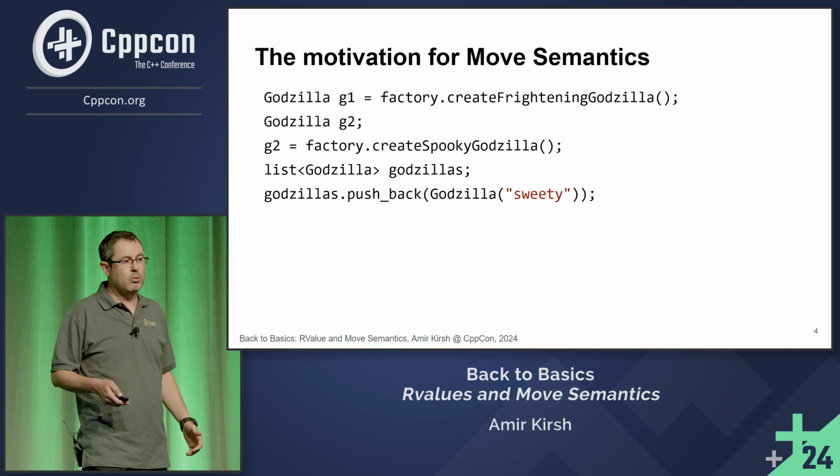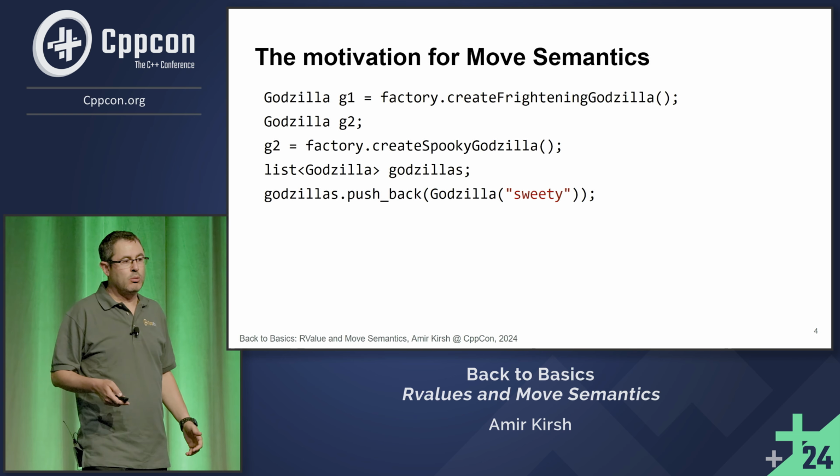Let's continue with G2. G2 was created with the empty constructor, then we use the assignment operator, and here, again, the factory is creating a spooky Godzilla, again a local one, returning it by value. And then again, we use the assignment, and before C++11, we just copy. Can we do it more efficiently? Well, maybe we can steal the assets of this temporary Godzilla that was created in the factory. A third